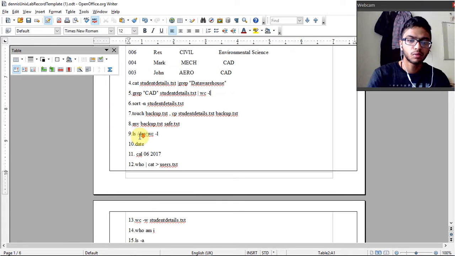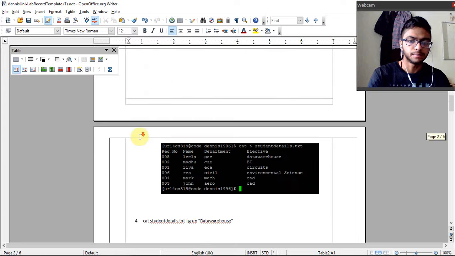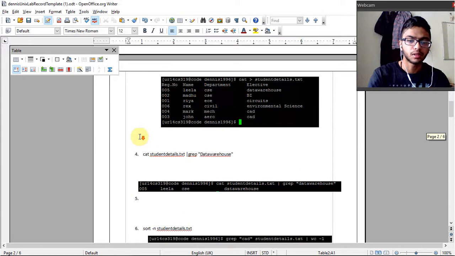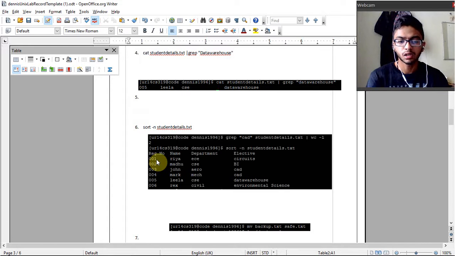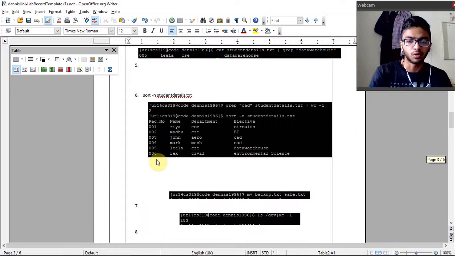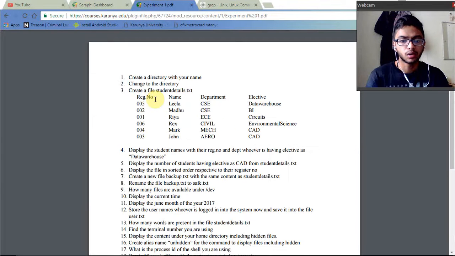So that would basically order the register numbers in ascending order. As you can see here, the register number follows an incremental fashion, 1, 2, 3, 4, 5, 6, and it's listed in that particular order. Our next command would be to